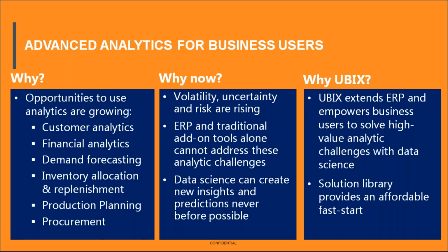And traditional ERP and reporting tools alone cannot address these analytic opportunities, which exist from the front office to the back office, from customer analytics and demand forecasting to production and procurement. Ubics extends Acumatica to empower business users to address these high-value analytic challenges with data science and advanced analytics. We offer compelling pre-built analytic solutions from our solution library. We'll talk more about that in a moment, across a range of use cases to help you get started quickly,